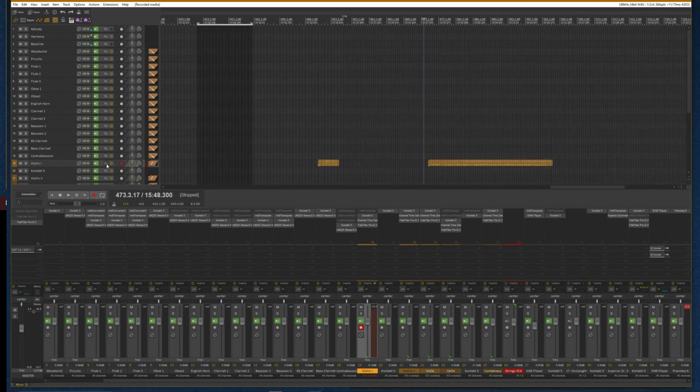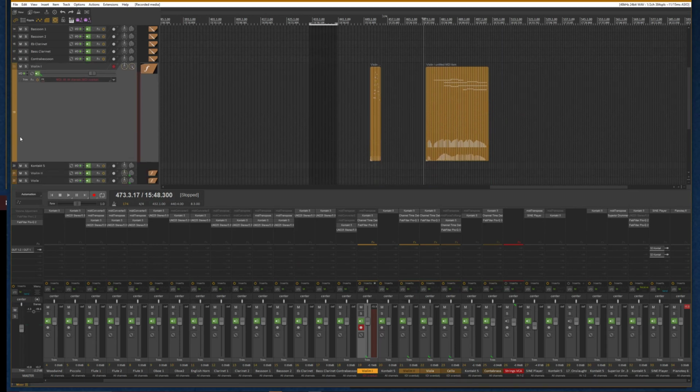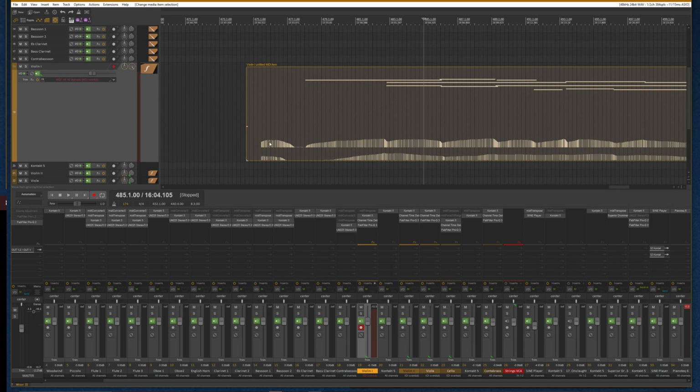Alright, now one of the cooler things about what's going on here is that with these chord changes, because of the way I have the CC1 and CC2 set up, there's a lot of mod wheel data that's going on. Now,